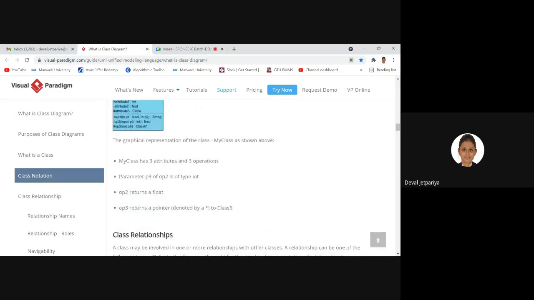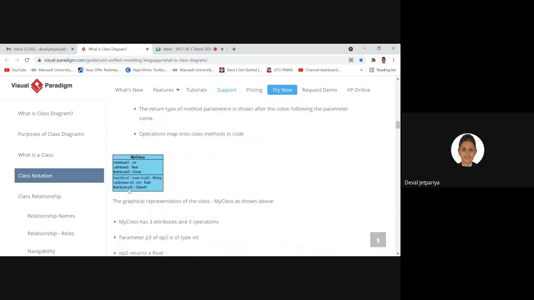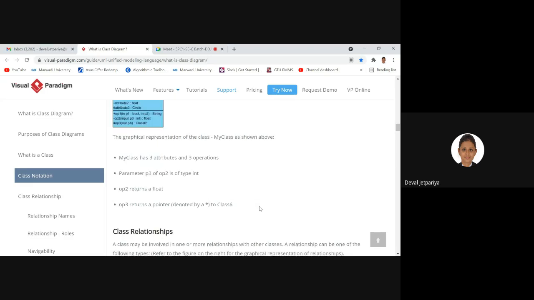They have given one example. You can see, MyClass is a class name. Integer, float, circle, various attributes we can mention. After that, various operations 1, 2, and 3. Okay, that is fine.